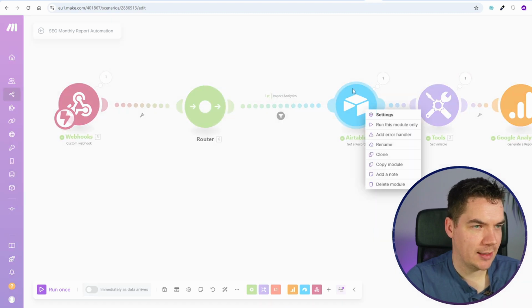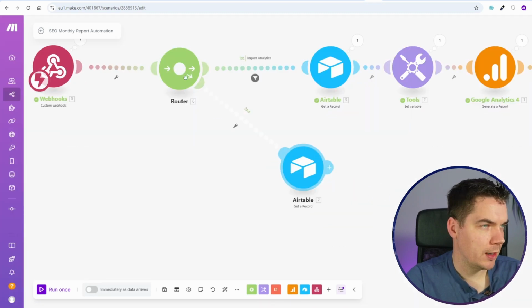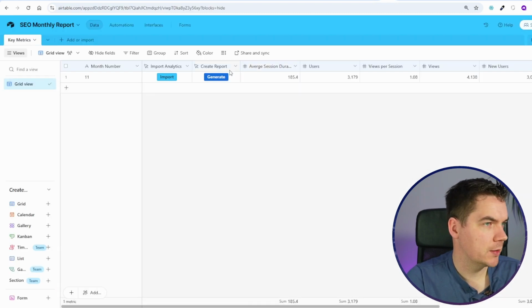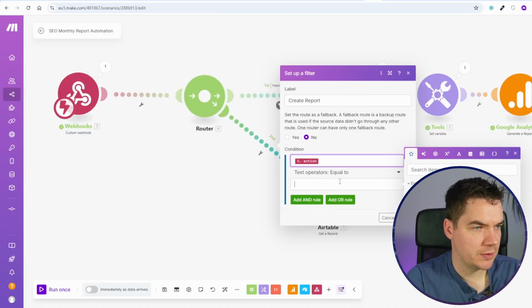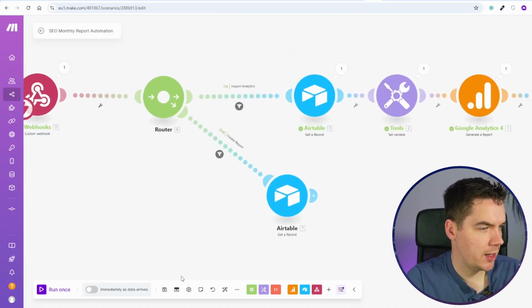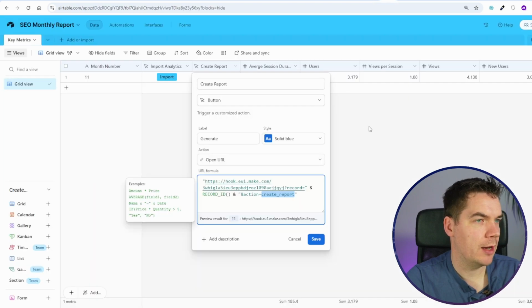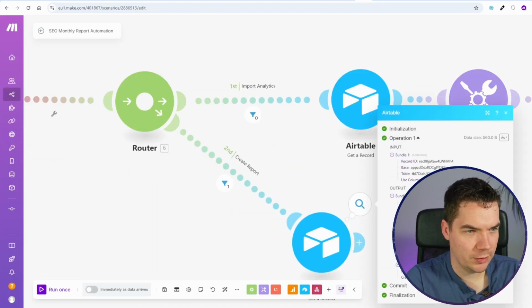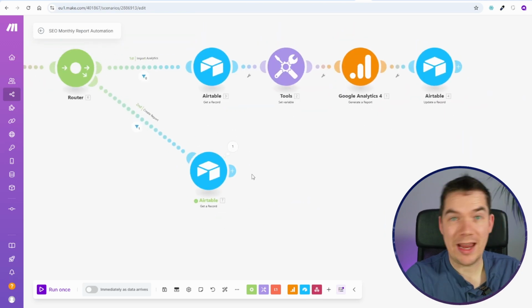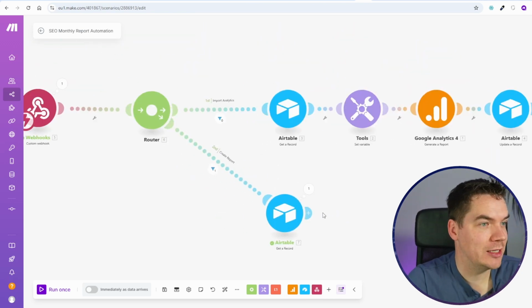So then the next thing is let's clone this module and then connect these two, press on this, and the action for this button is create report. There's create report, there's the action, and it's equal to that. So press OK, click save and run it. Now let's click this button and it's just gone down this track. You can see one and there's one. So excellent. So now we have a way to focus our attention on a different stream within